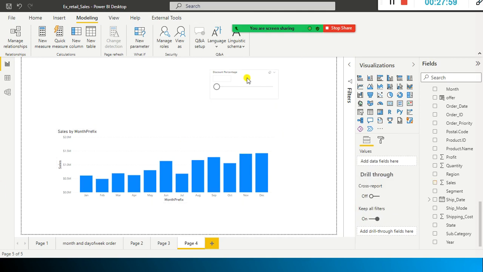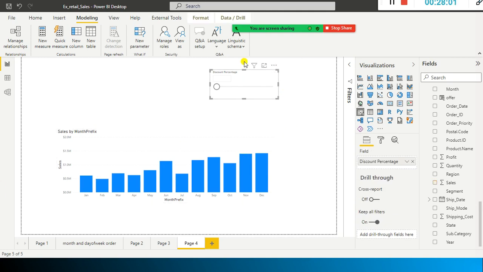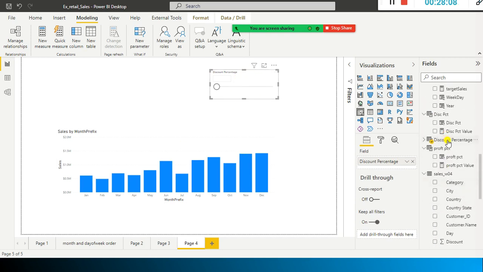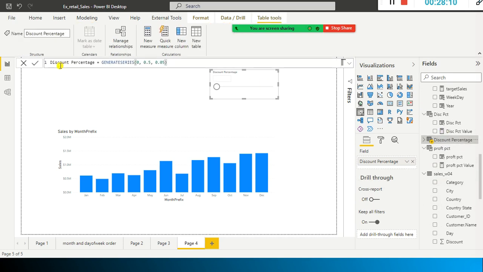Okay, so now we have created the slicer. As soon as you create the slicer, you will find discount percentage, the slicer name, and here generate series. In the interview, they'll ask you, if you want to generate the values from 1 to 10, how can you do that? So in DAX, we have something called GENERATESERIES, 0.05.